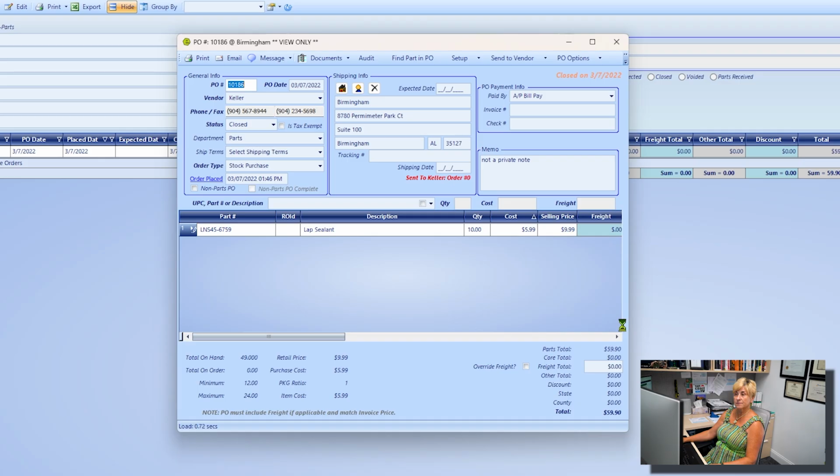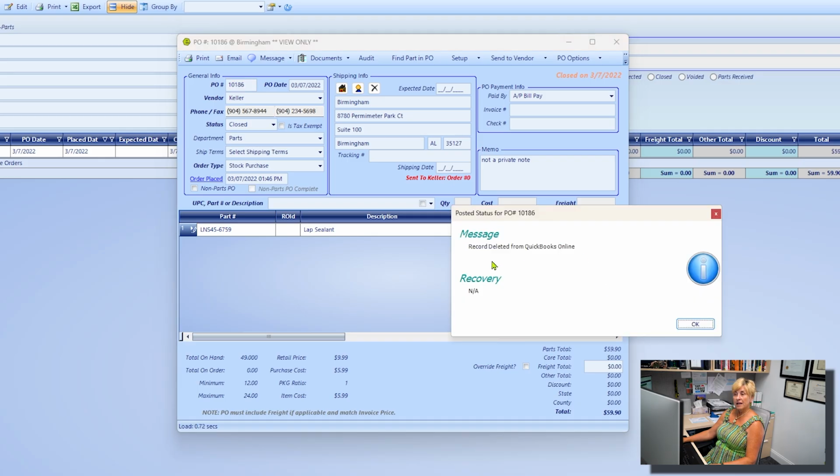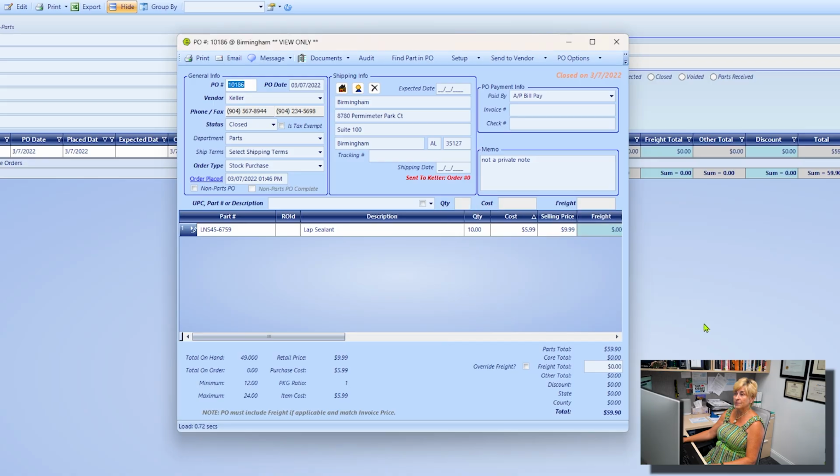Yes. And at this time, the record has been deleted from QuickBooks. I will then go back to the PO options on the toolbar and choose Reopen. All right, and at this time, you'll see the closed indicator has been removed, so our purchase order has been